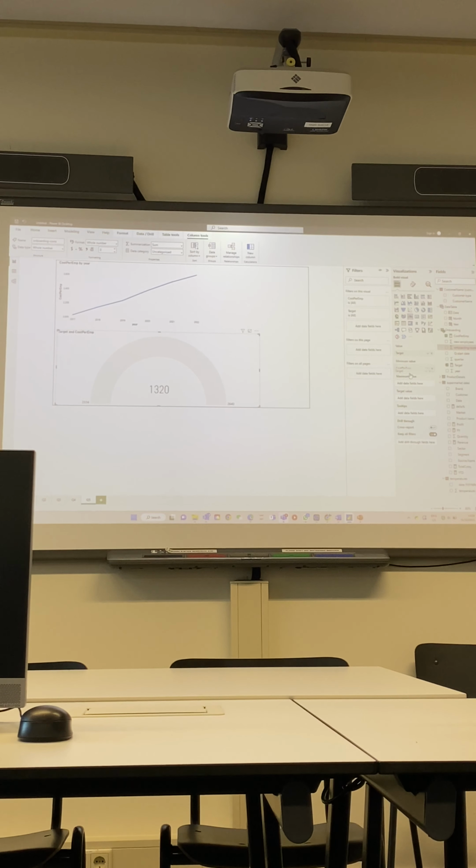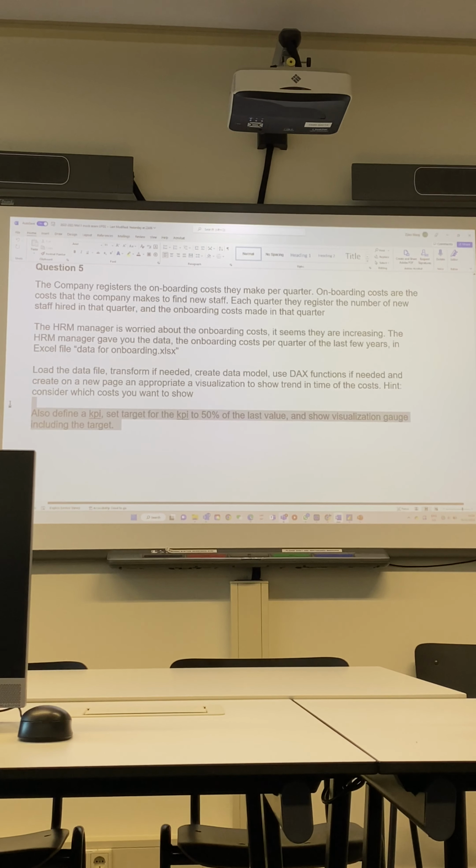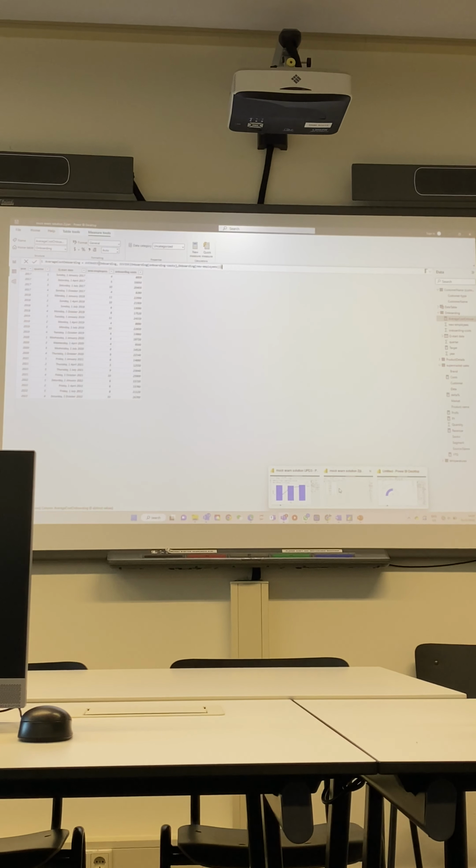Then we need to move this one to target value, and this one to value. Exactly. So you see the number is changed. That's why you don't need the gauge axis. If you have multiple gauges, of course you want to align them with the same axis. But in this case it didn't ask for more, and it's 50% of last level, which sounds good. Anyway, there are a lot of problems with this mock exam, but I think overall you get an